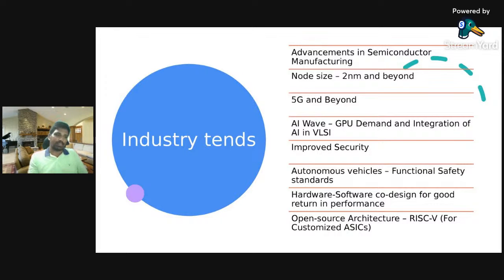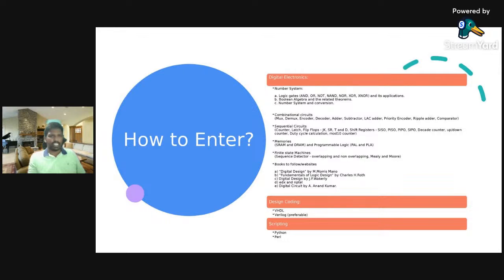And with RISC-V, with RISC and x86, the complex architectures, and with the increase in IoT demand, where you don't need heavy CPUs, you just need a small CPU with a reduced instruction set, such that it can make sure any IoT communication happens to and fro, and it can also handle a little bit of computation inside. So we have RISC-V, and the RISC-V architecture is moving towards open source, such that everyone has access to the architecture and can design their own chips. So RISC-V open source architecture, for customized ASICs, is highly trending these days. Okay, so those are the industry trends,